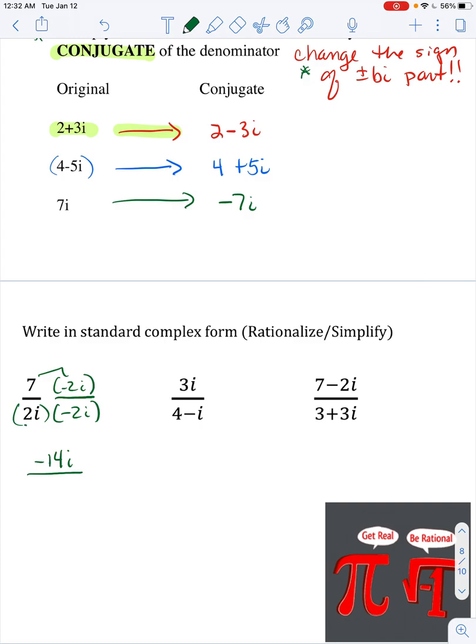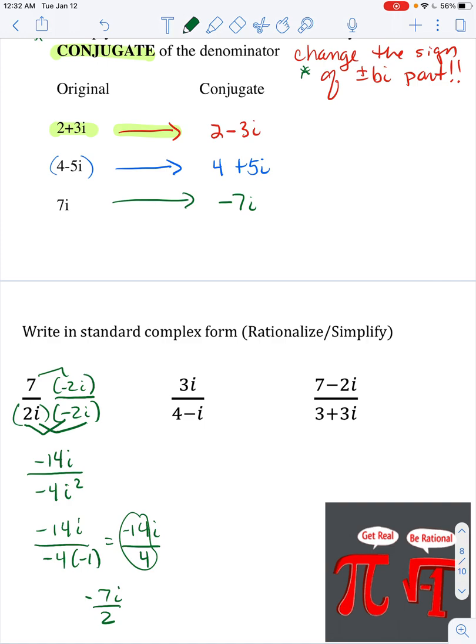At the bottom, 2 times negative 2 is negative 4, but i times i is i squared. You can't have an i squared, because i squared has the value of negative 1. So it becomes negative 14i over positive 4. And then you just need to do what you do with regular math and simplify this number down to negative